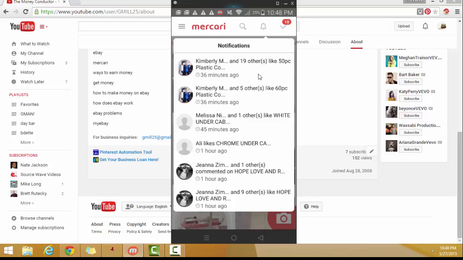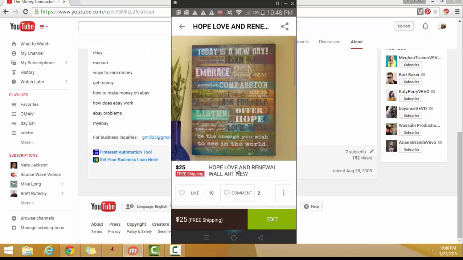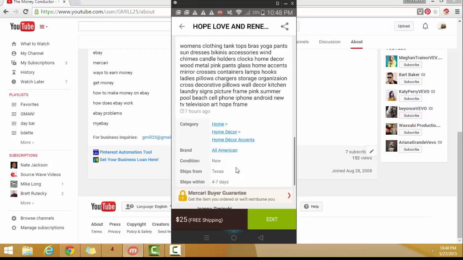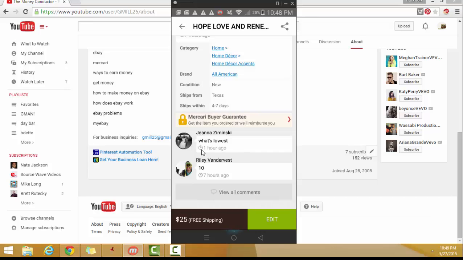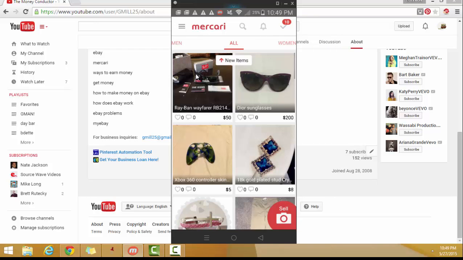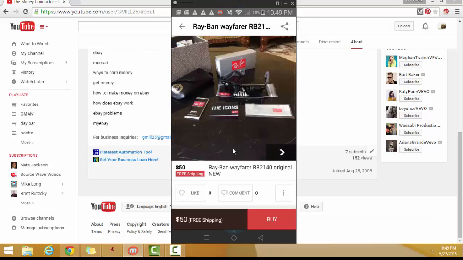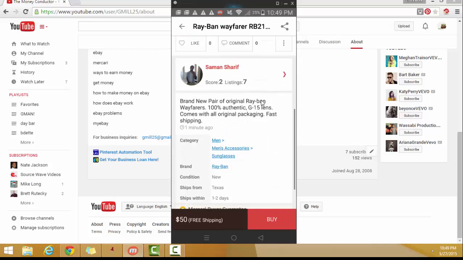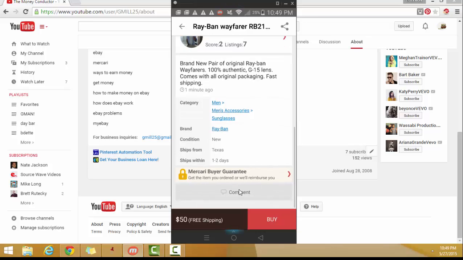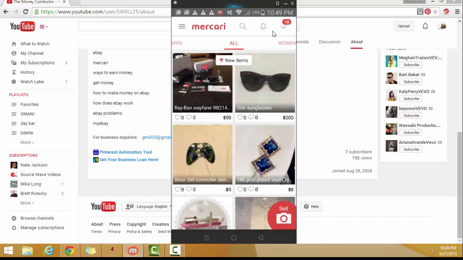Like I said, who doesn't have their phone on them all the time to be able to see that? So for this example, at the bottom is where you would leave a comment, and this person's saying what's the lowest that I can go on it. And I'll show you that in just a second on how you do that. If you go into another listing like this and you wanted to ask this person a question, you'd have to come down and comment on it, and then they can see what you're asking. That's one of my refutes on Mercari. They don't really have a good messaging system. The other one is going to be,